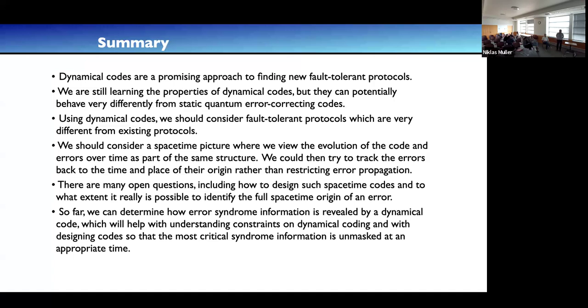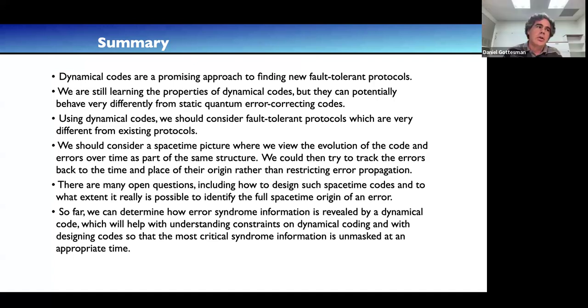So actually, I had a question, if I may. First of all, thanks for this very insightful talk. This was a really interesting overview. You mentioned earlier that I can think of changing my code as I go deeper in the circuit, as actually doing the gates. Is it clear that for any given circuit, no matter how complicated, it's easy to find what the next code is, and is the choice unique?